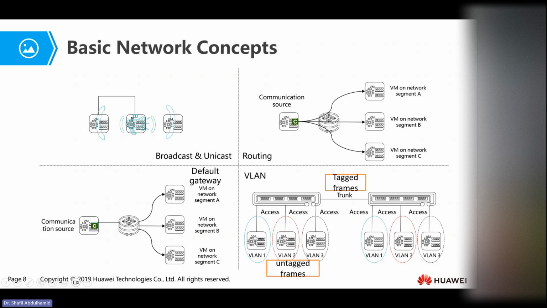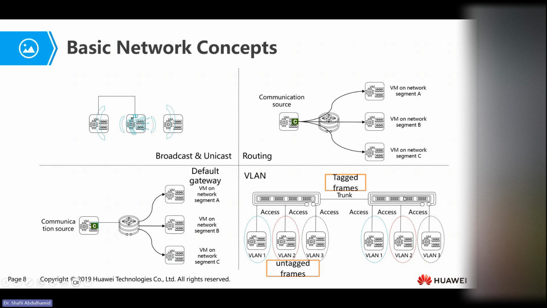So if the virtual machine that's being created here in VLAN 1 of switch 1 is to send a frame, it will send an untagged frame to the switch. Once the switch receives this untagged frame, the switch will simply have to tag it. Why? Because it has to send it to a trunk. So after tagging it, it sends it to a trunk. A trunk is the connection between two physical switches, and a trunk only receives and sends tag frames.